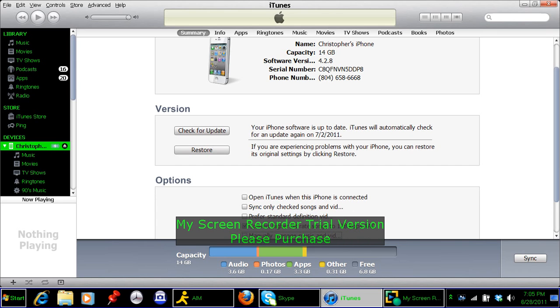Manually manage music and videos. Checkbox not checked. There you go. I can't really show you that because it'll take forever to erase all the stuff off my phone, but I will explain. When you have that checked, you go into your phone, of course using iTunes, but you can open your music in Windows Explorer, and you can actually copy a song or a folder or whatever, and you go back into iTunes, you arrow down to your phone, and then you hit right arrow on your phone to open it, and you arrow down again,